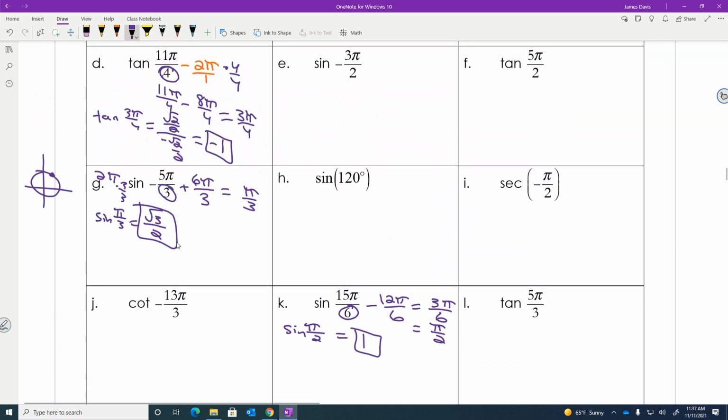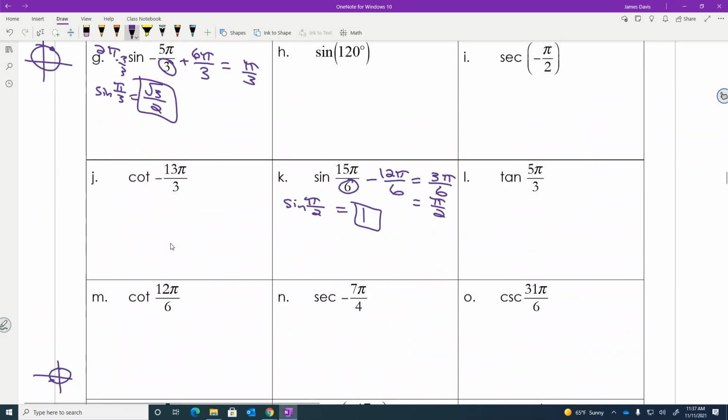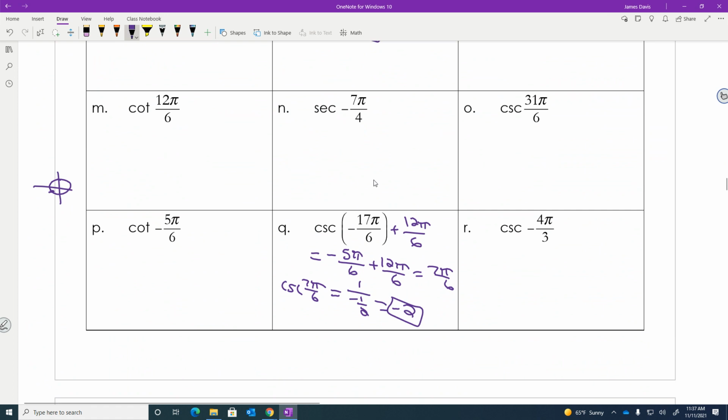Trying to get the hang of it. Let's do one more, and let's do one in this row. So at least we've done one in every row. So we got a big number up there. So we definitely want to subtract something over 6. And it's going to be 12 pi over 6. Right? 31 minus 12. What's